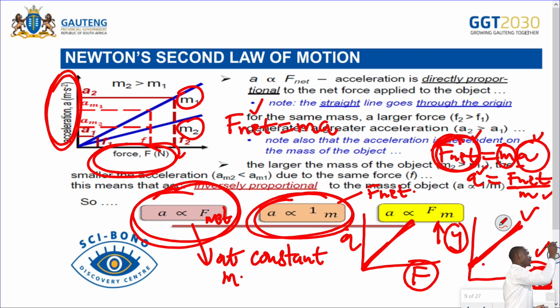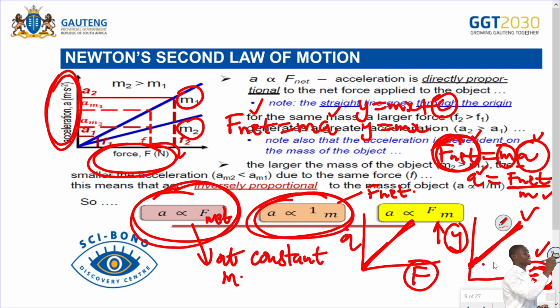So you can see there's net force, and there's also the acceleration. This is a straight line, and you know the equation of a straight line: y equals mx plus c. Your y-intercept here is 0 because your graph starts from the origin. So we have y equals mx, because c is 0. Then what you need to do is